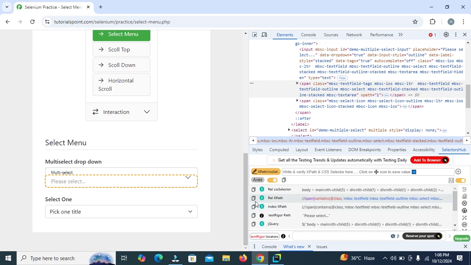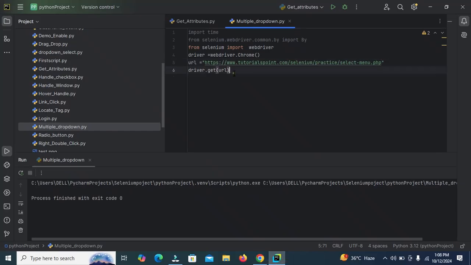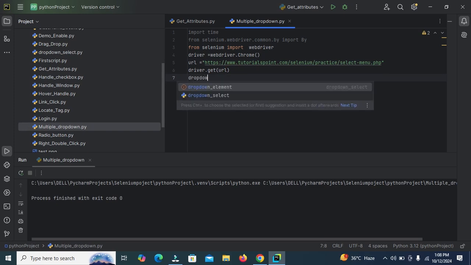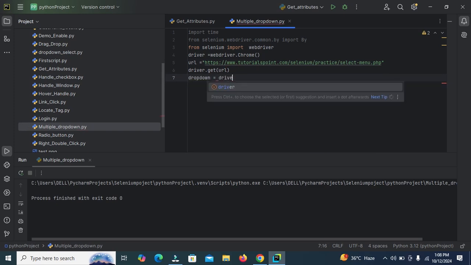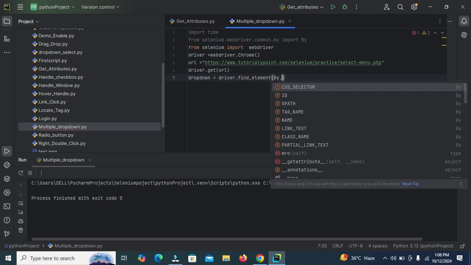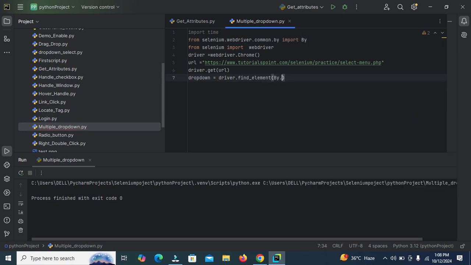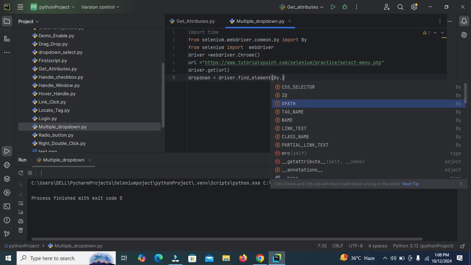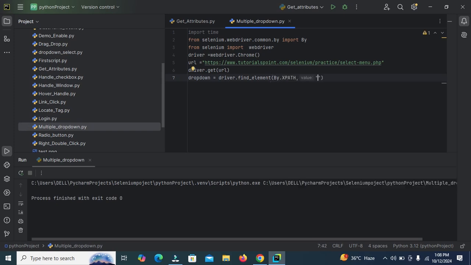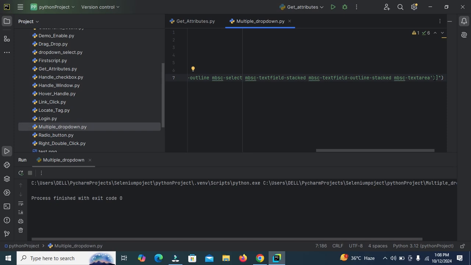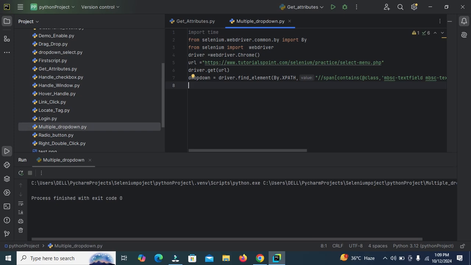So copy this relative XPath and add a variable here. Dropdown is equal to driver dot find element by XPath, and then enter the XPath value here. In this scenario, we need to click on this element. So we will use here dropdown dot